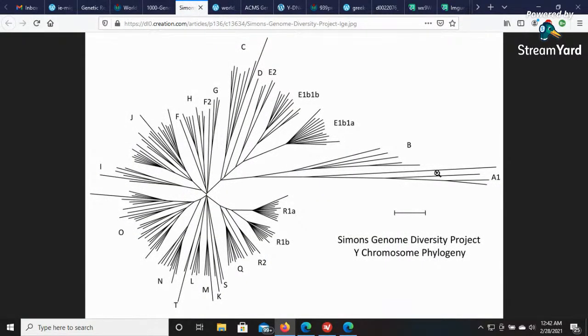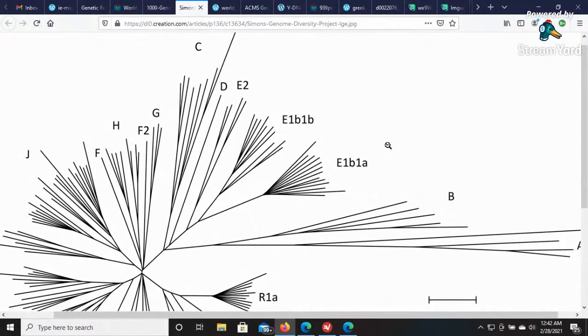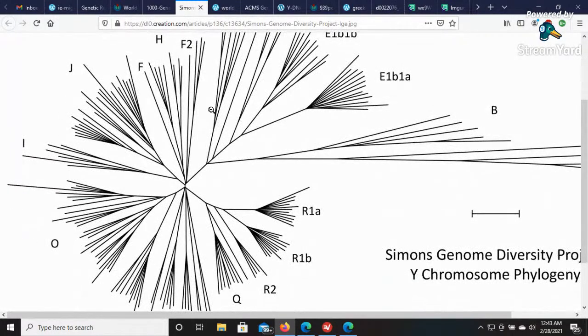So this is what you're talking about with genetic diversity here. When Dan the Man's talking about genetic diversity, what he means is greater number of mutations. Or he seems to be conflating the greater number of mutations here in this line with genetic diversity. So that's his genetic diversity right there. The diversity is within the line, within the branch. That's where the diversity is: the number of mutations, the difference between the people in their mutations in their own branch, which has nothing...